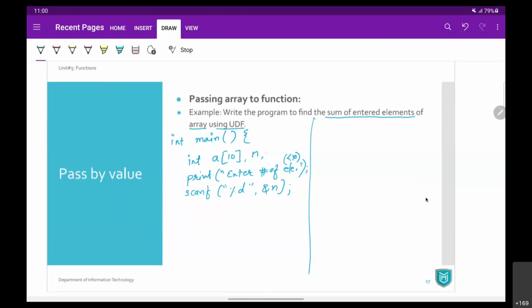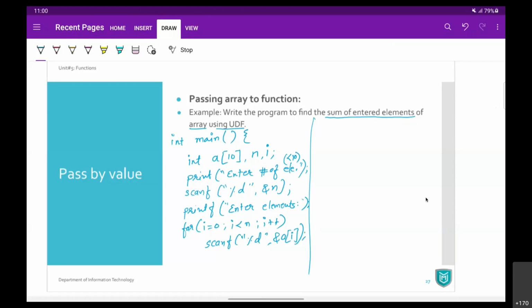So to run a loop, we'll require one more loop control variable i, so that we can say printf enter elements, and then you can run a for loop i = 0, i < n, i++, and you can scan that value, scanf %d &a[i]. So we scan all those values from the user.